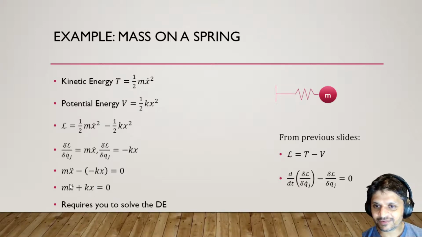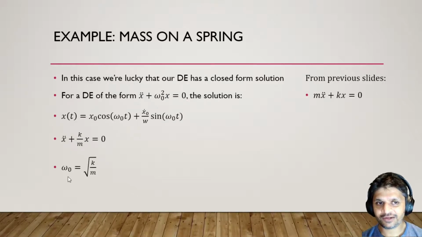And this is a differential equation, and getting anywhere requires you to solve it, which, if you've done any DE courses, is often incredibly unpleasant to do analytically. In this case, we're lucky that this particular form of equation has an analytical solution. We know that a differential equation of the form x double dot plus omega naught squared times x equals 0